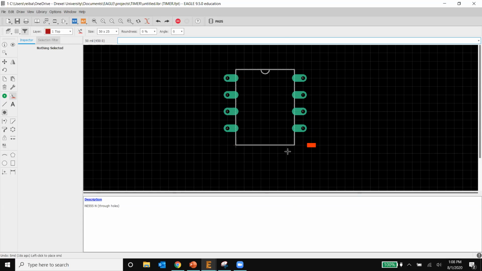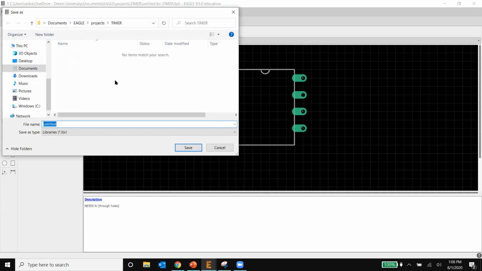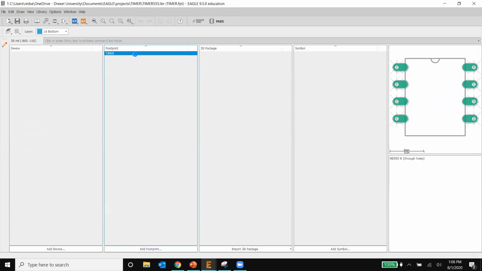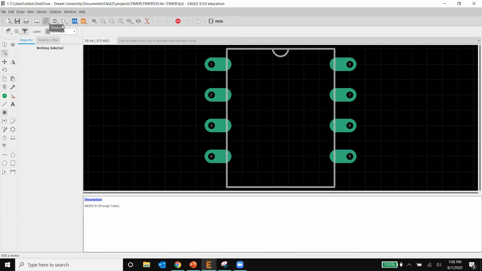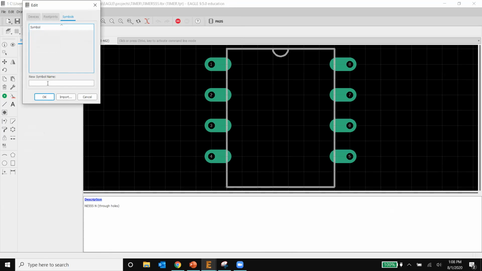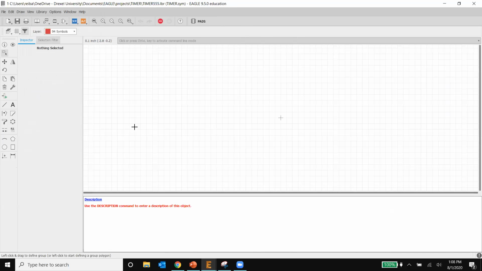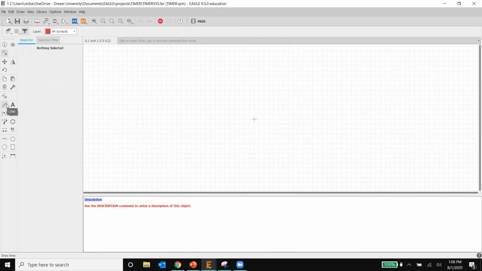So now after we do that, we save it. After we saved it, we go to project timer and we say timer 1 or timer 555. After we save that, we open this and say symbol, add the symbol, and we say timer, create new symbol for timer. Now what we want to do is that again, we get the line,